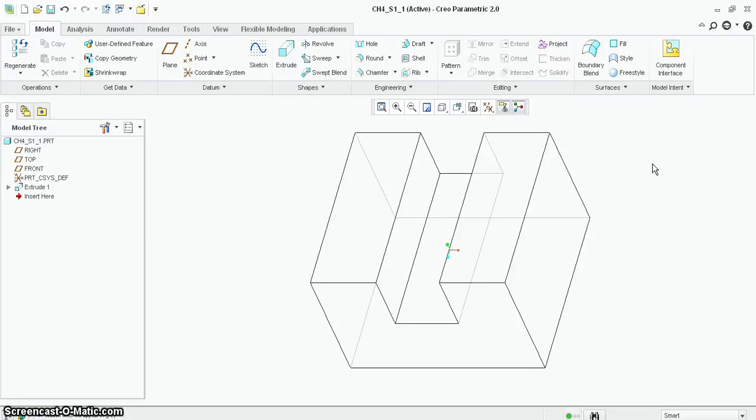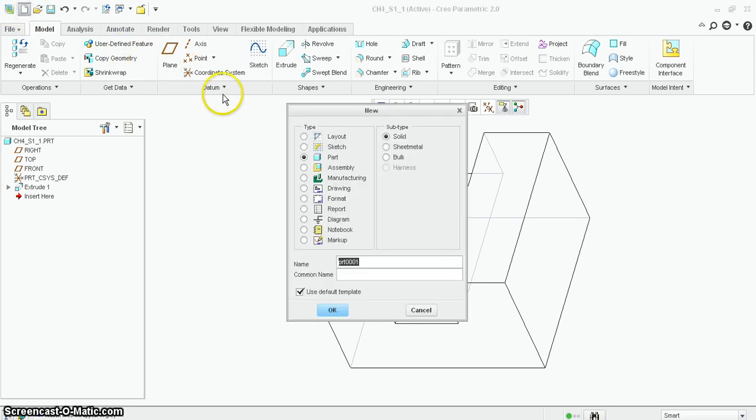Now we can draw the 2D drawings of this. So we'll open a new file. This time it is going to be a drawing file, and then name of the file will be again